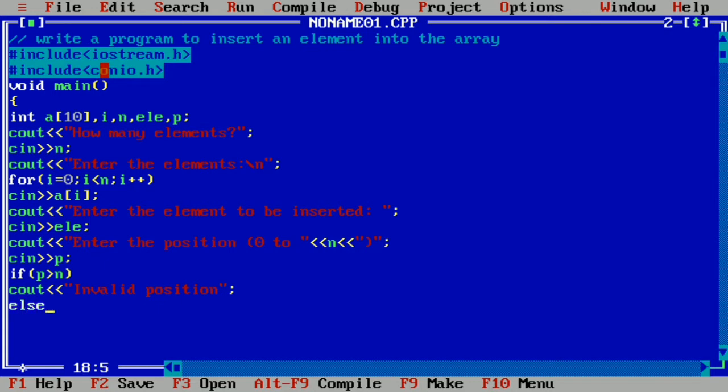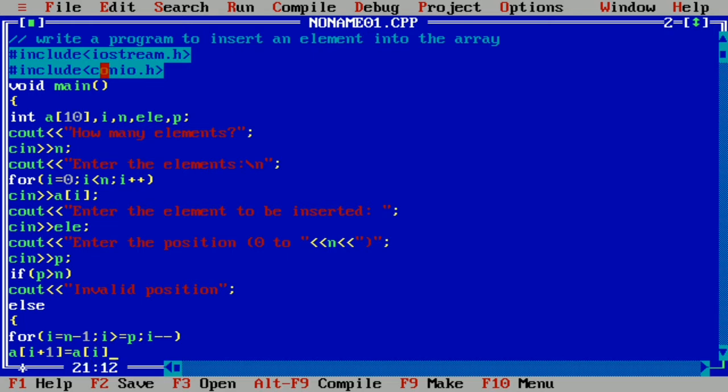Next we'll write the else part, and here we'll write curly open brace, looping structure for, and here we are going to follow the algorithm. So that is i = n - 1; i >= position; i--, then a[i+1] = a[i].